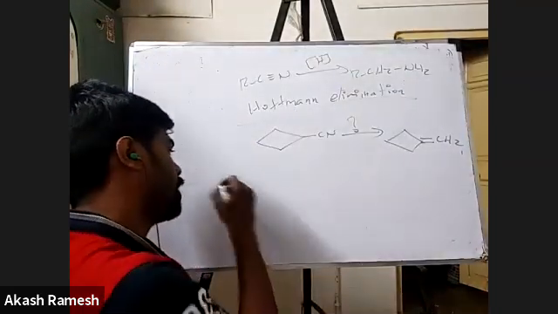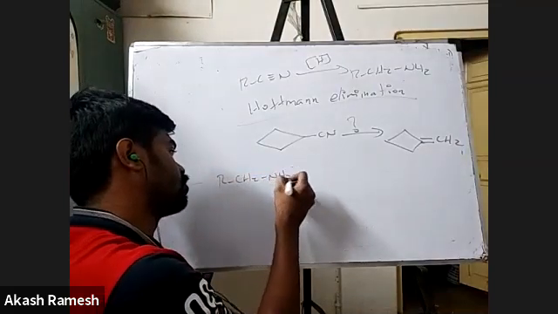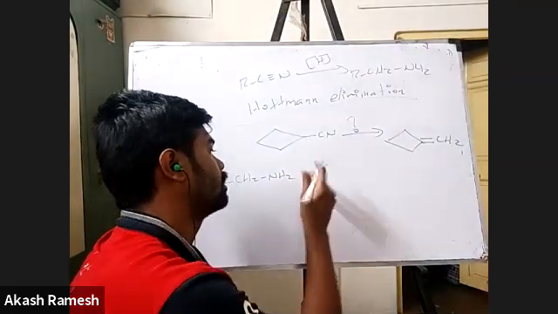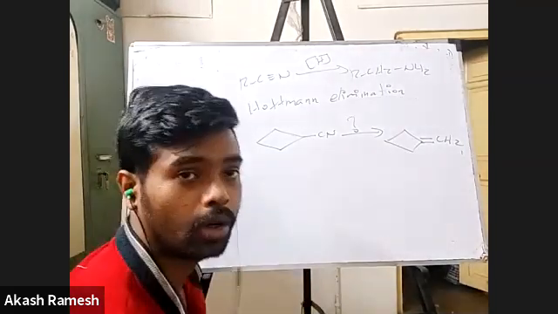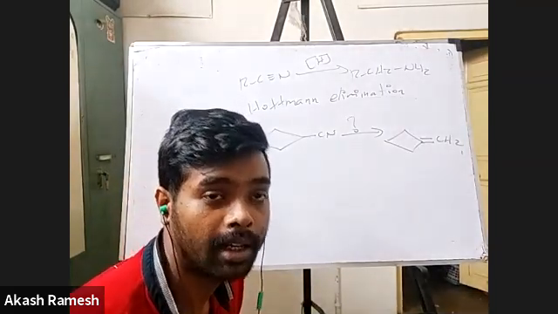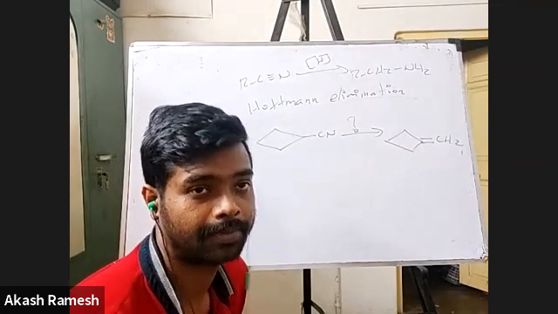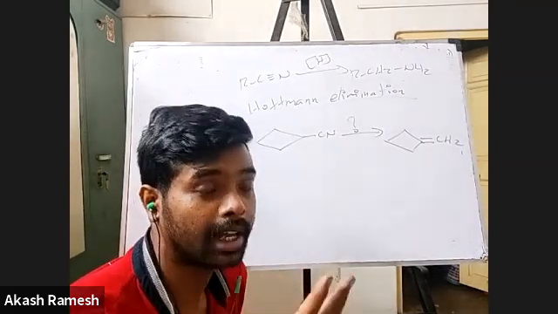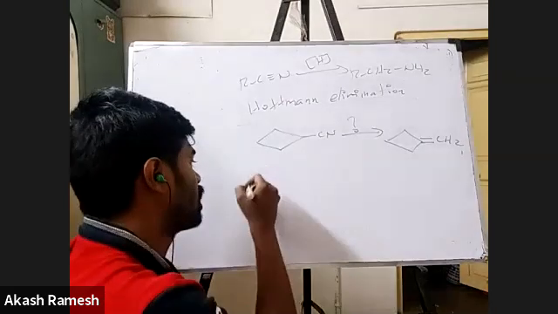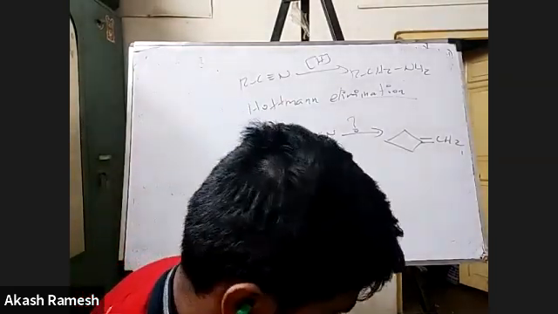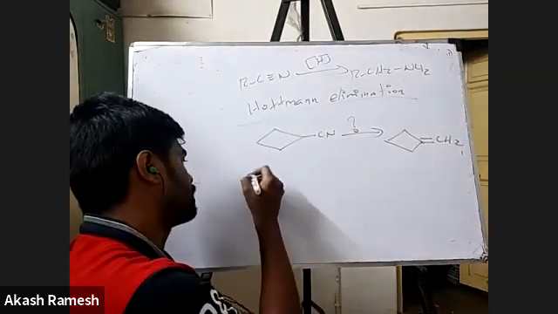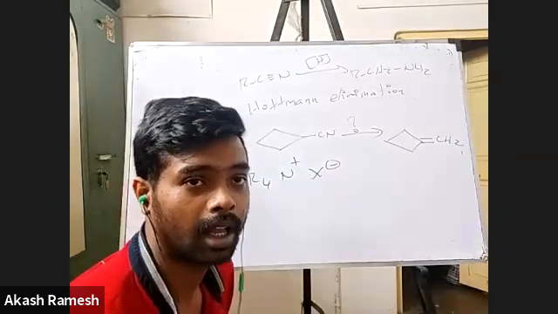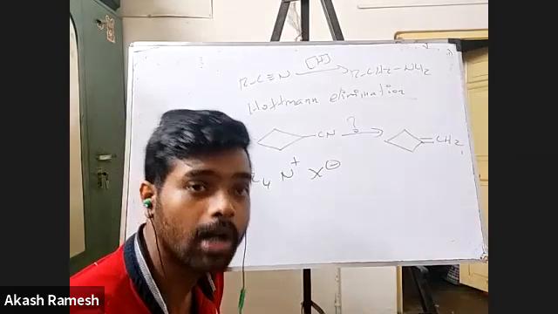So what is going to happen is, people, if I have, say, RCH2NH2, I have this compound with me. You can have something called quaternary ammonium salts. We have primary amines, secondary amines, tertiary amines, and the next level would be the quaternary ammonium salts. So you have basically R4N+ X-. This is what is called a quaternary ammonium salt.